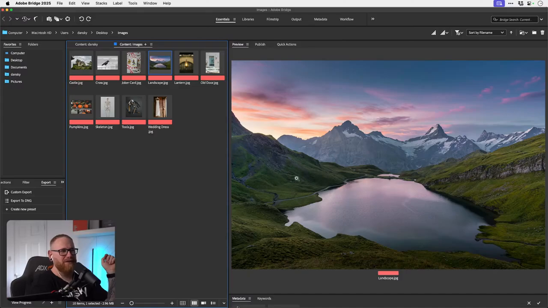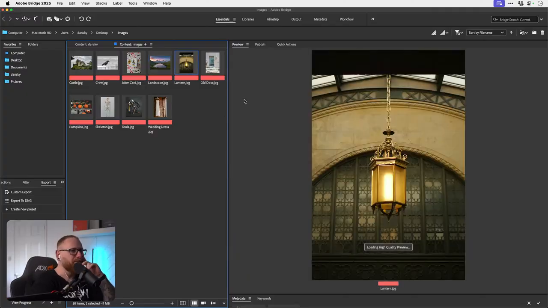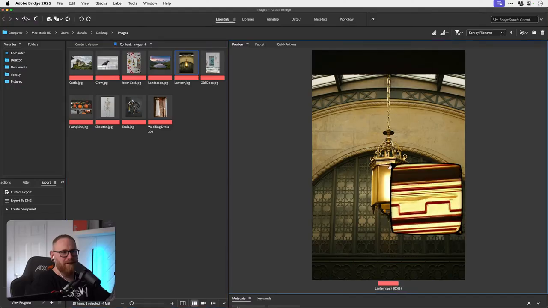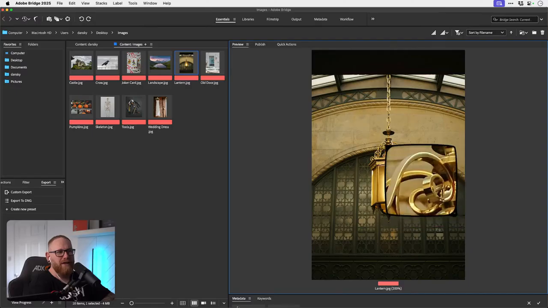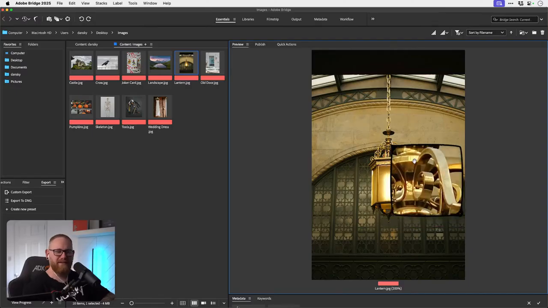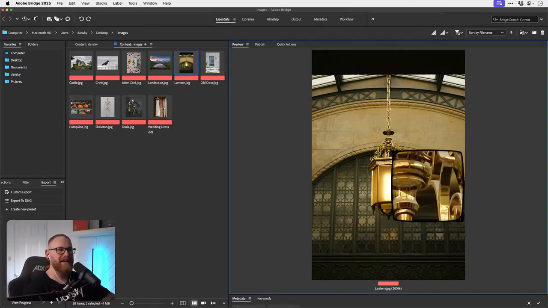Lovely landscape. So here we've got land, we've got mountains, we've got sky, we've got water. You could slice this up and rebuild an entirely new landscape if you wanted. This is a very, I want to say, aggressive lantern. So we've got lots of ornate detailing here.